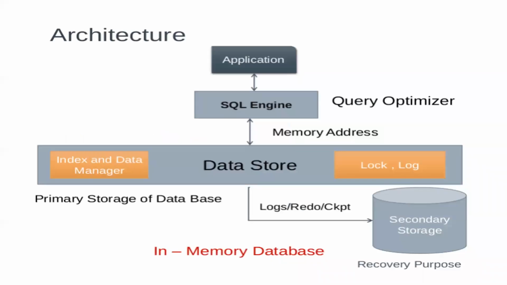Now let's go through the architecture of the IMDb management system. As you can see, there are four components in the system: application, SQL engine, data store, and secondary storage. Initially, a request for data is made by the application from the database through the database API using queries. Further, it retrieves data from disk and keeps a copy of the data in a traditional database system. Now the data is modified, passes through the API, and updates the data in the system.